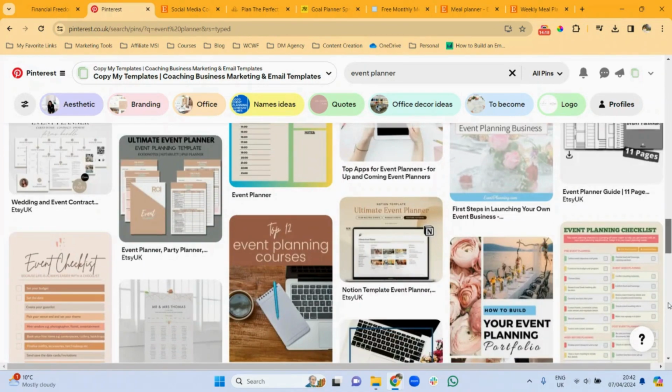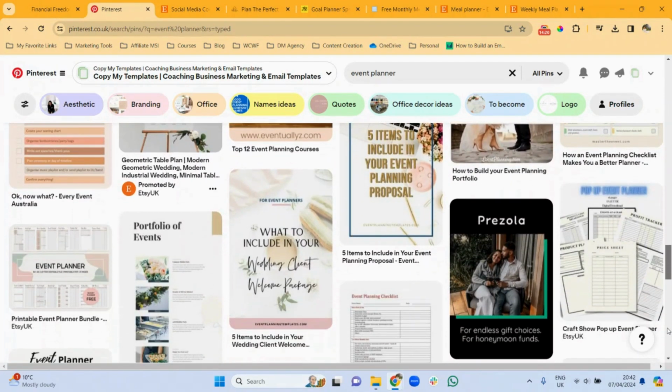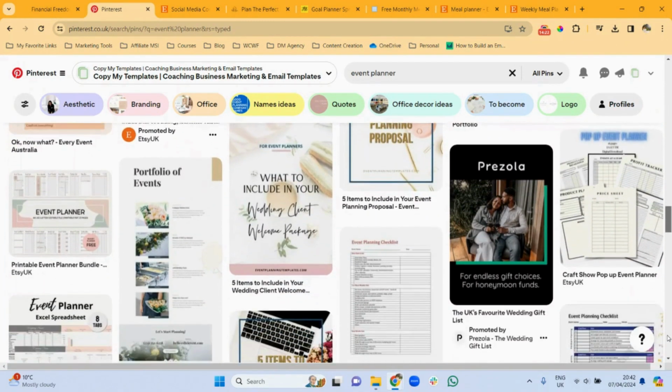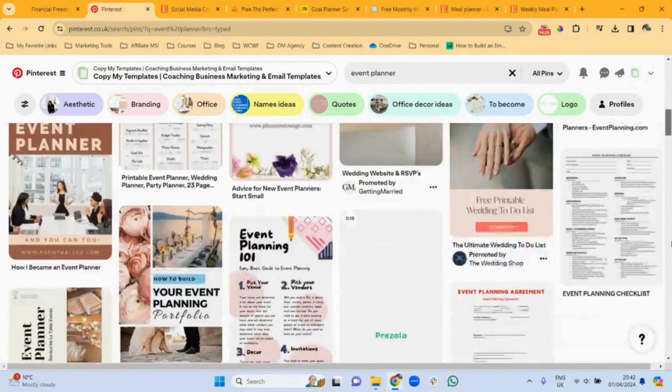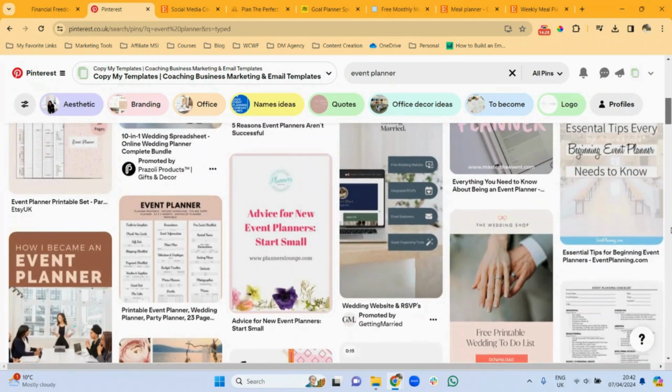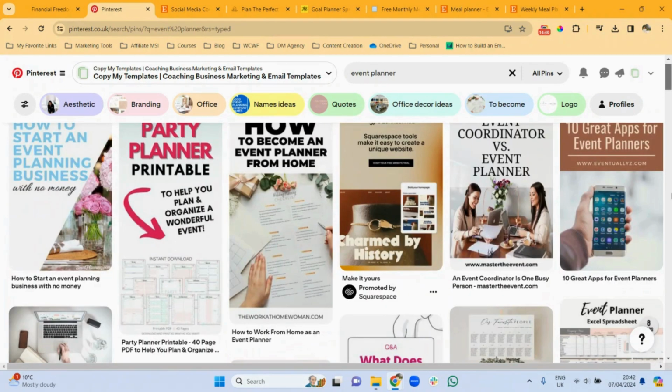There are many different uses for event planners, and you could actually create one that's specialized to a specific niche. For example, it might be for a wedding, a baby shower, a birthday party, or a home gathering or anything like that. So you could create an event planner spreadsheet to help customers manage every aspect of their event.